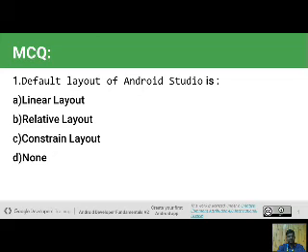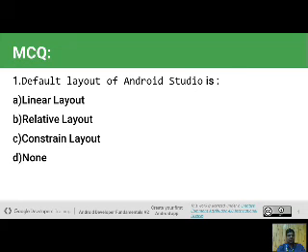It is the constraint layout, because it is the latest layout introduced by Android Studio and Google to design any Android app. We discussed this layout in a previous lecture. We design views and layouts very easily using constraints.